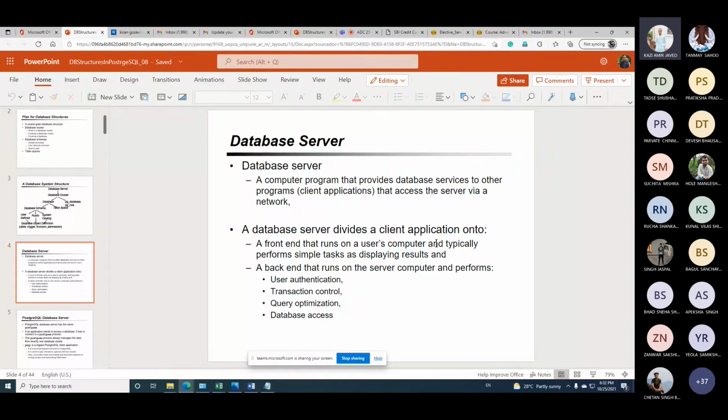So one client service is already there, which permits you to connect with the database. Among those processes, one would be doing user authentication, one transaction control, one query optimization, and one database access as well.